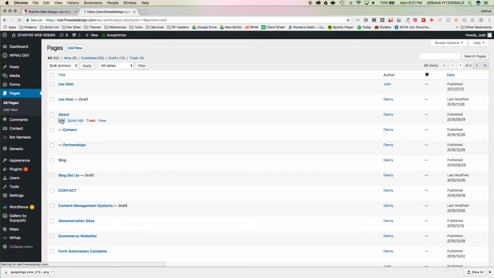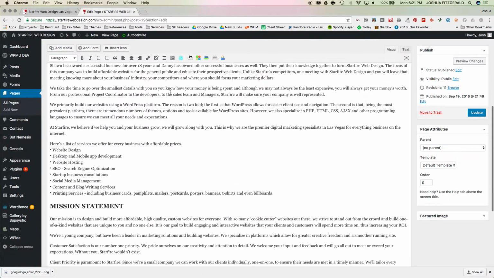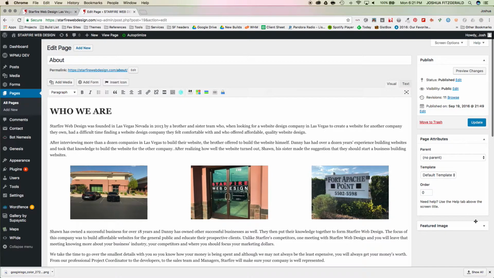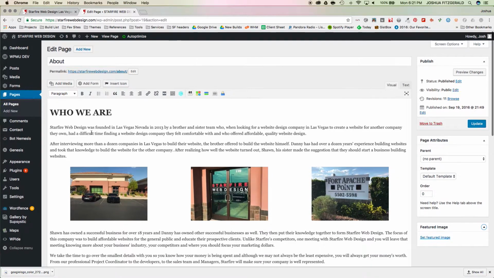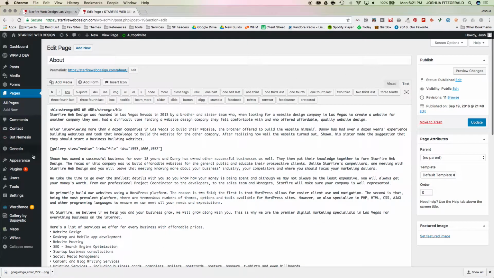We can click our About page, and this is the visual area. Everything is basically the same as the post is. All the same rules apply. One other tip, if you use this text area and you're not much of a coder, but you're looking for something specific,